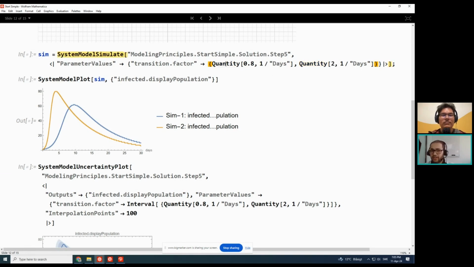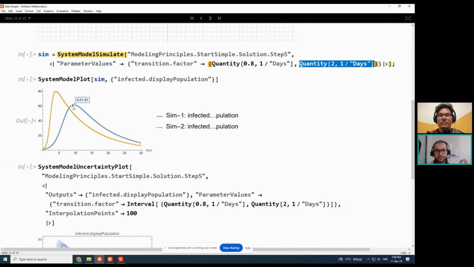And you might also notice that I'm using quantities here. The reason is that if I don't use these quantities in one per day, either I have to convert my transition rates to per second, or I can use quantity to make my life easier, because now I'm dealing with per days rather than per second. So now I want to compare what would happen for these two different rates, and you could see here I have plotted, and this is for the 0.8 per day, and this is for